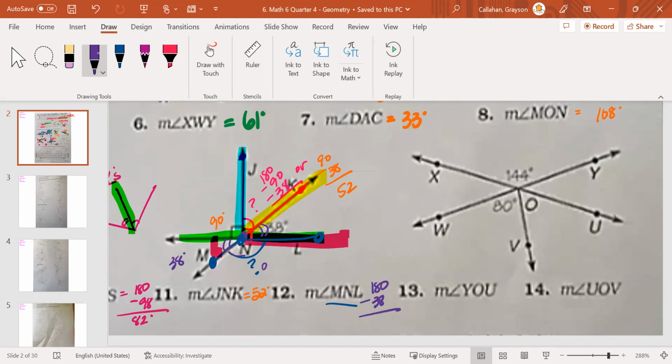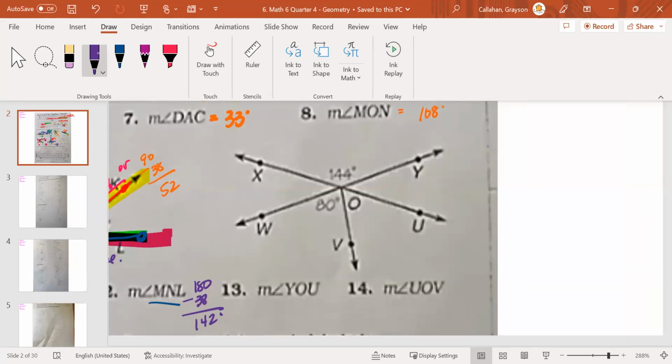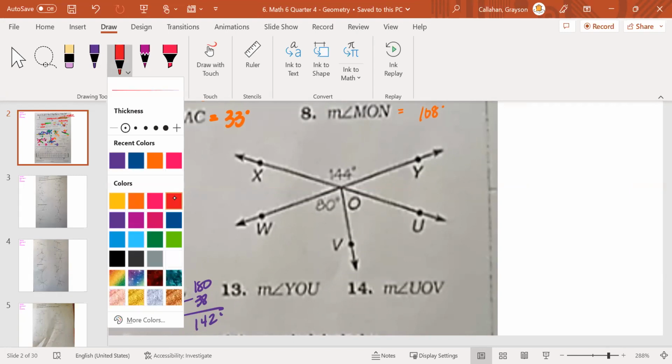You know this angle right here is already obtuse. So my answer should be bigger than 90. And indeed it is, because it gives me 142 degrees. And that's my answer. Okay, number 13. YOU. So let's take a look at YOU. So here's